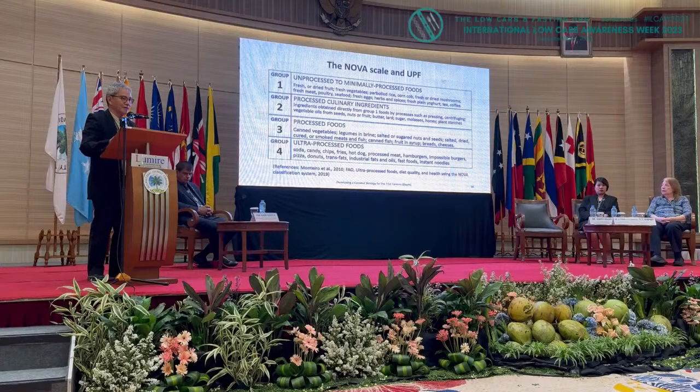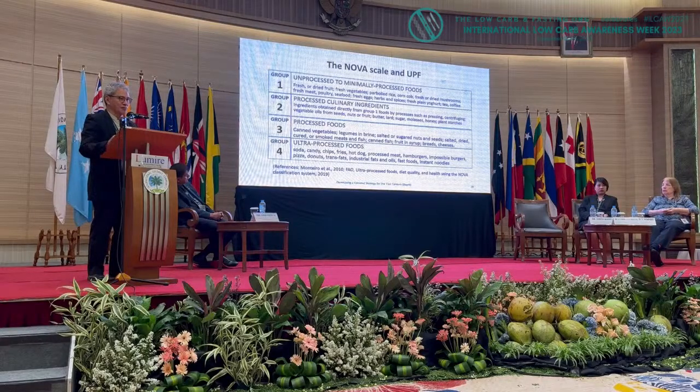So group 1 are unprocessed to minimally processed food. So the examples here would be fresh fruit or dried fruit, vegetables, basically things that you buy off the wet market. They're unprocessed. Then group 2 is processed culinary ingredients. So this could include things like butter, because butter is processed. Well, VCO would belong here. Sugar, lard, molasses, because they've undergone some processing.